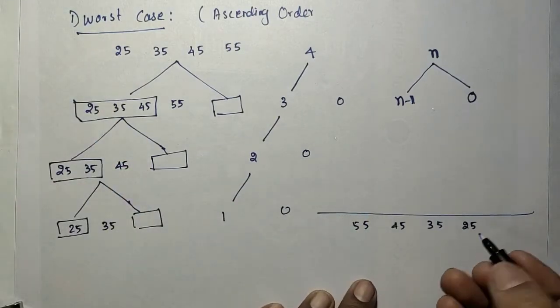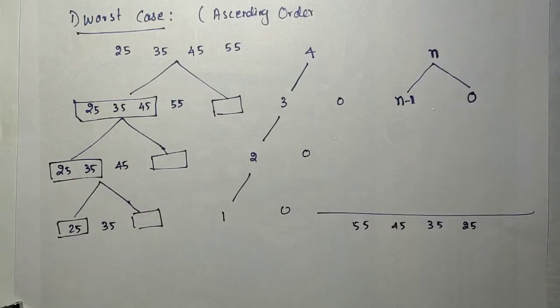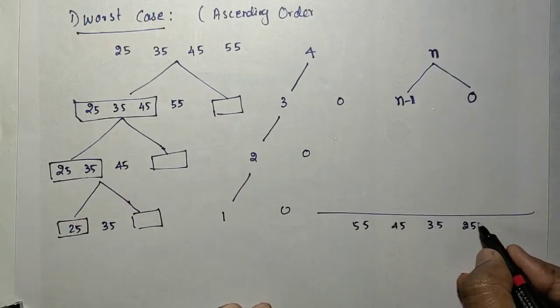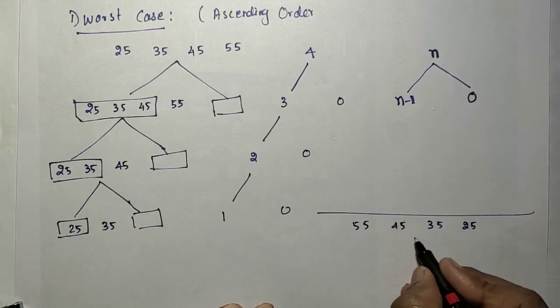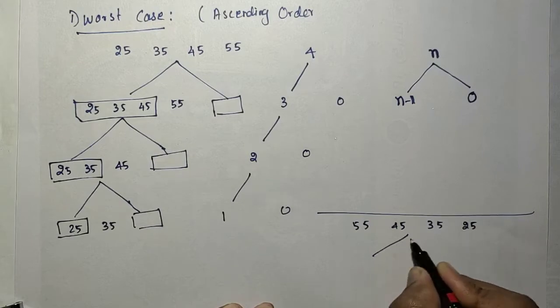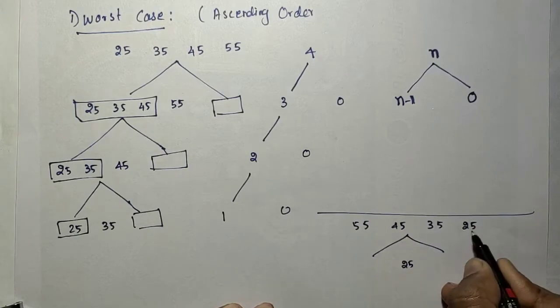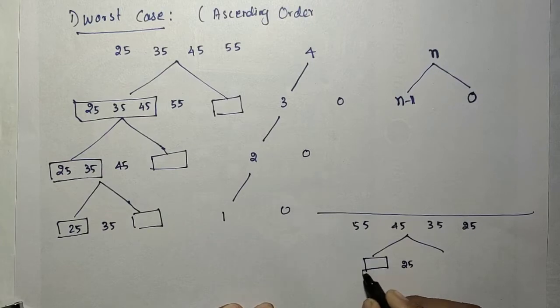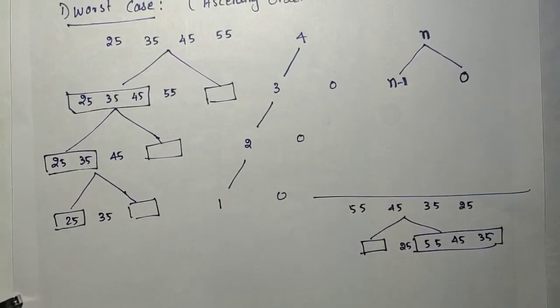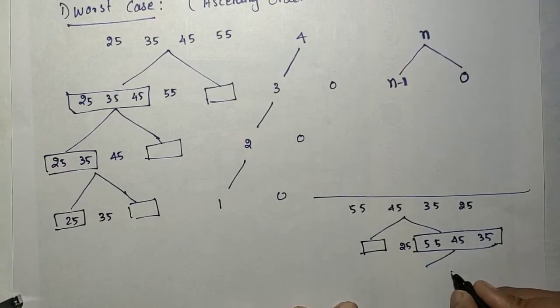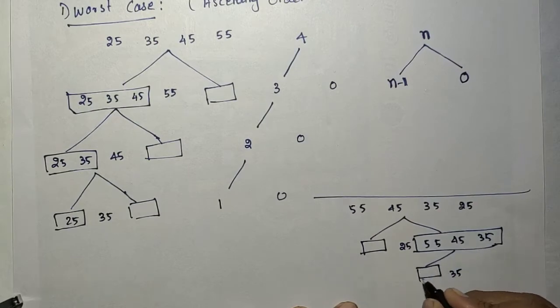This is because here also it is not going to be divided into exactly 2. Again because of the key element. Key element here is 25. So based on the 25 the split is going to occur. It means that 25 is in the middle. No elements in less than the 25. So first half will be empty. And second half will be 55, 45 and 35. Like that it will be splitted. In the second half again it will be splitted based on 35. So that 35 in the middle and no elements are less than the 35.